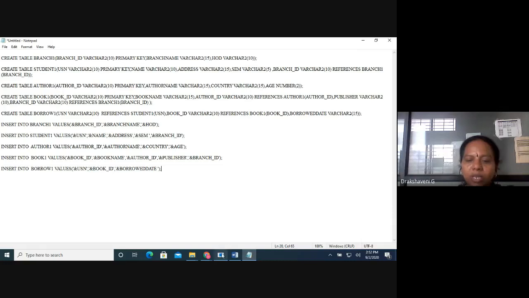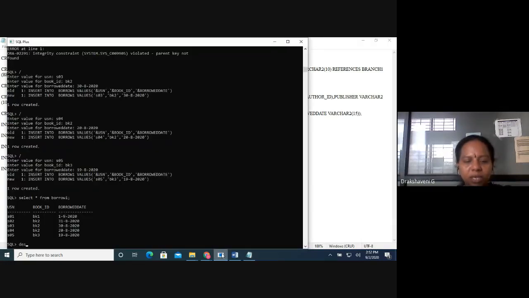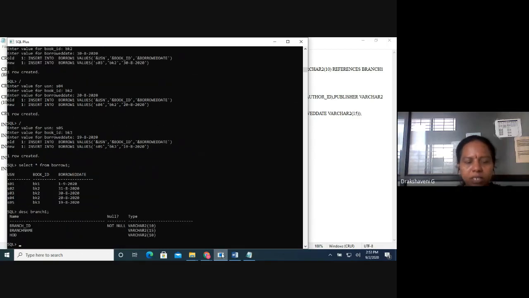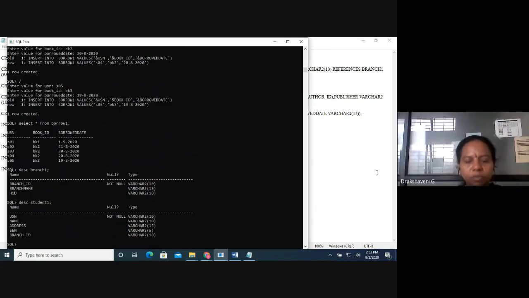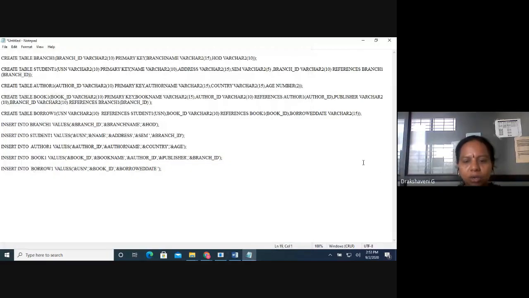So now how many tables have we created? First one, describe. What was the first table we have created? Branch. Branch 1. Yes. Then what was the next table we created after branch? Student. Student 1. What is the next table after that? Author.